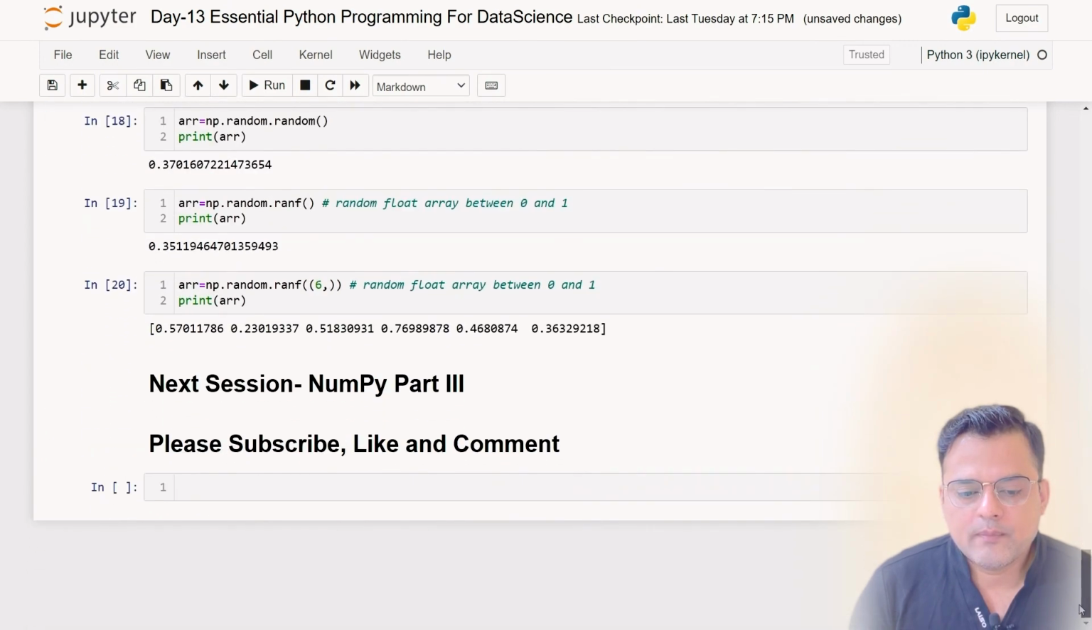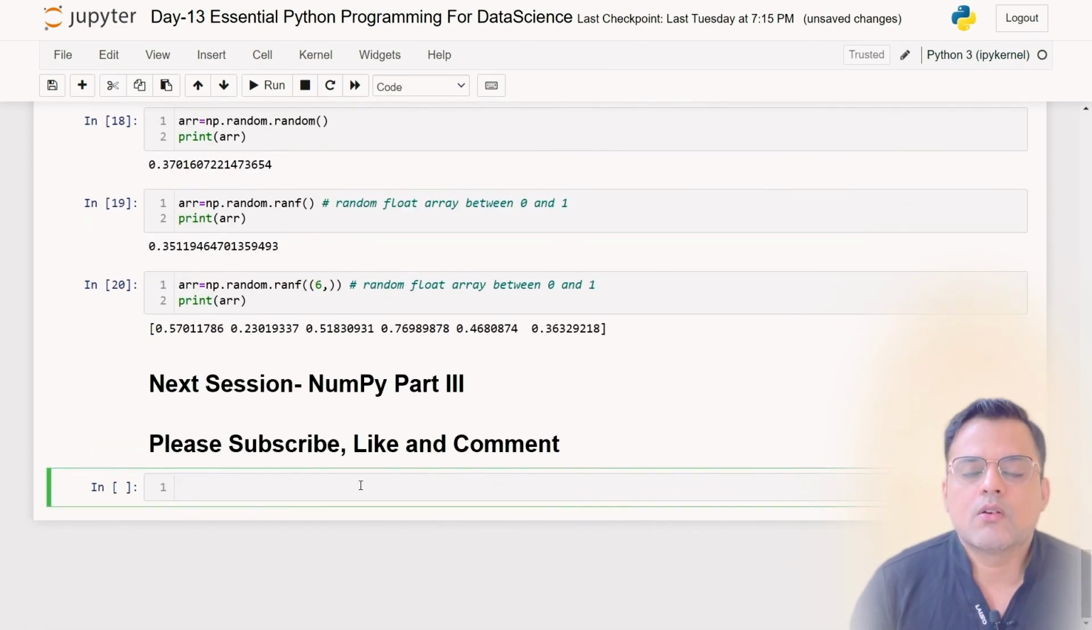And in our next session we will be talking about some more NumPy functions which are used from the statistics point of view,